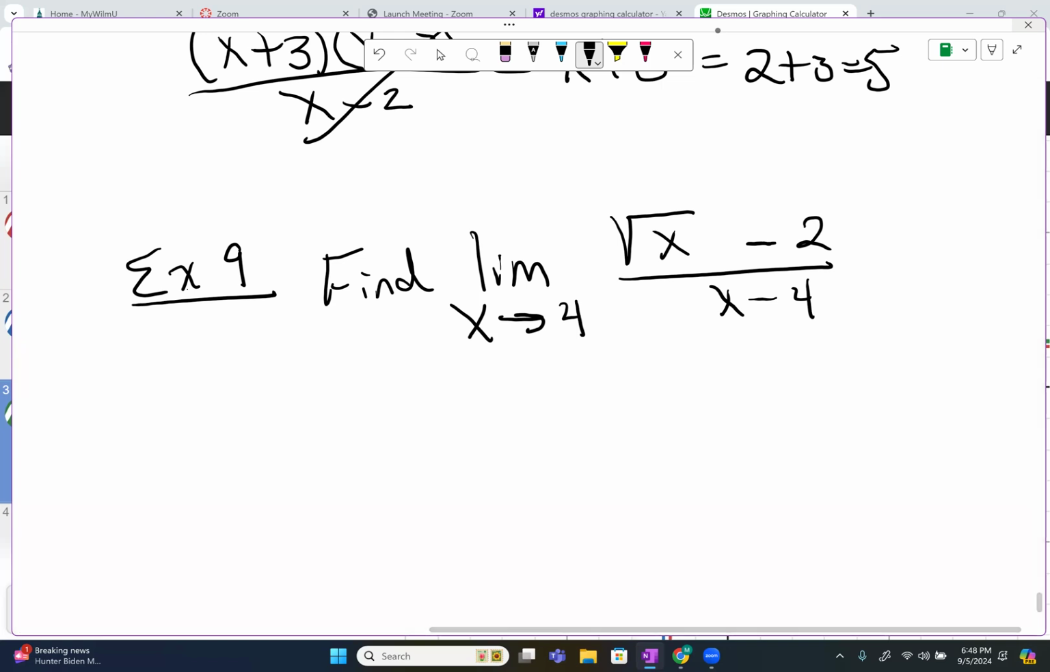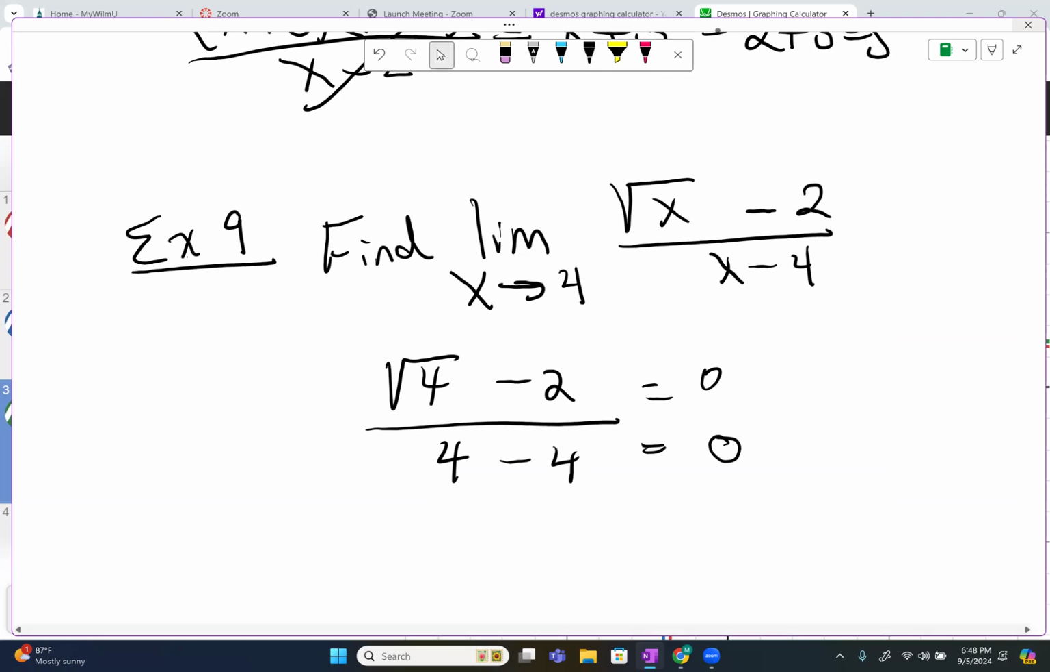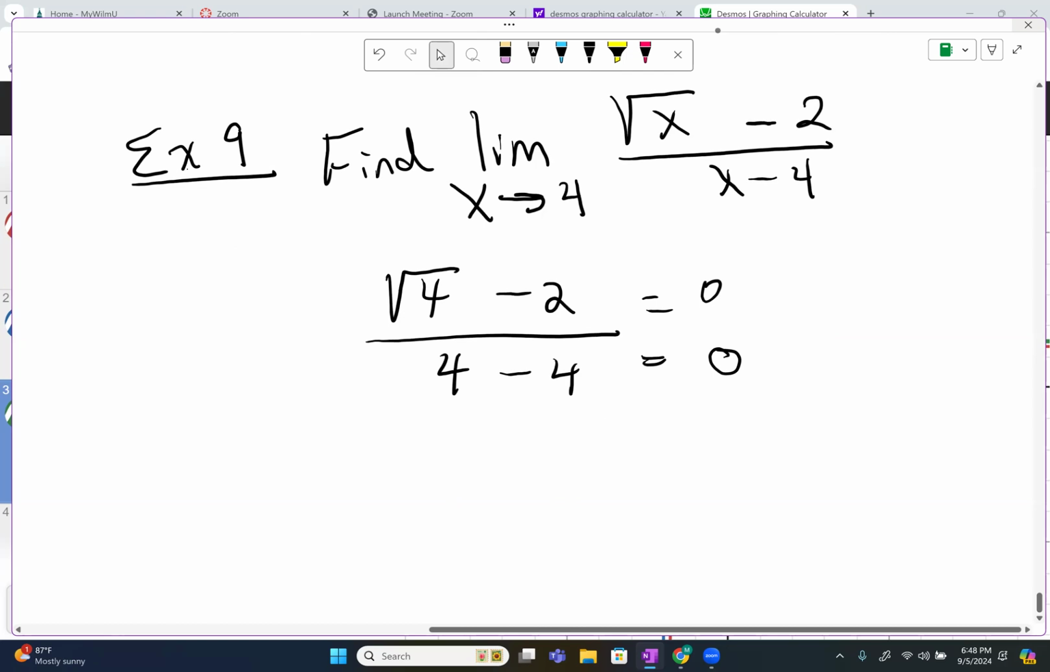So we do this for both. You realize in this case, the square root of 4 minus 2 over 4 minus 4. In the numerator, it gives us 0. And the denominator, it also gives us 0. That would be a hole, right? Yeah. So in this case, we cannot use the quotient rule for limits, so what if we use the conjugate